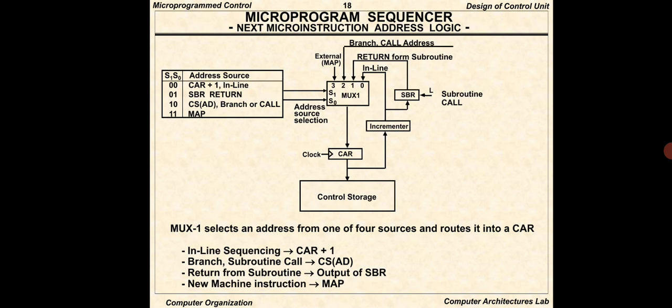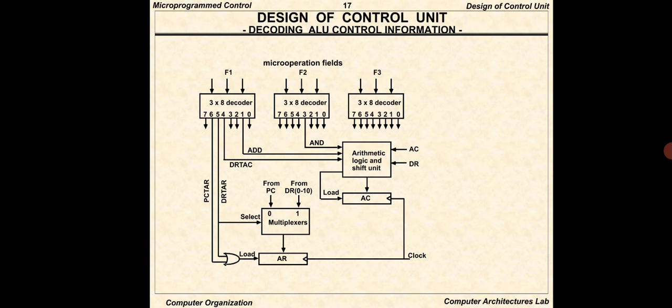This second unit, part B, is very important. That is the micro program control unit. From this micro program control unit, they will directly ask you 4 different types of questions. The most important is the micro instruction format. Second, what the different sequencing techniques are. Third, how we design the control unit block diagram. And the fourth is sequencing control: how you implement the sequencing, and you need to explain that block diagram. So these are the 4 questions from this micro programmed control unit.